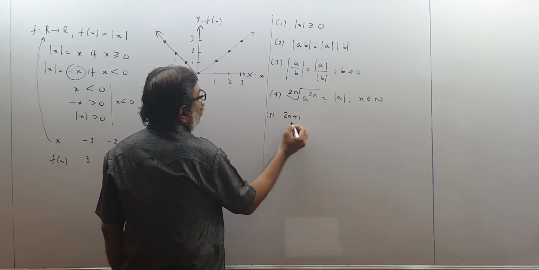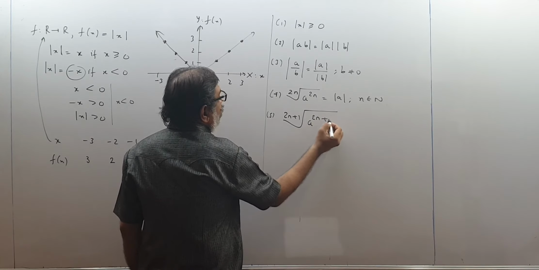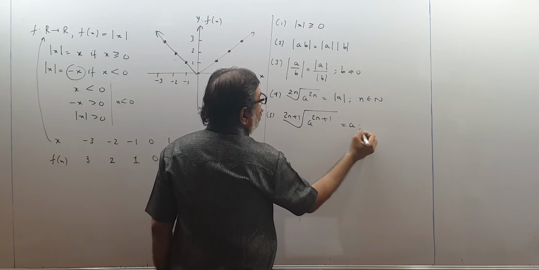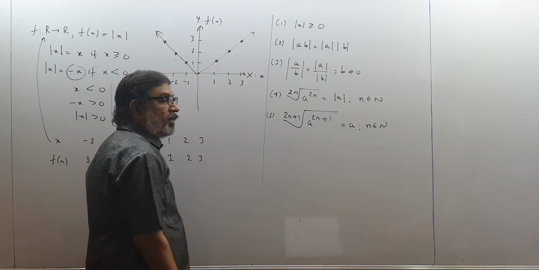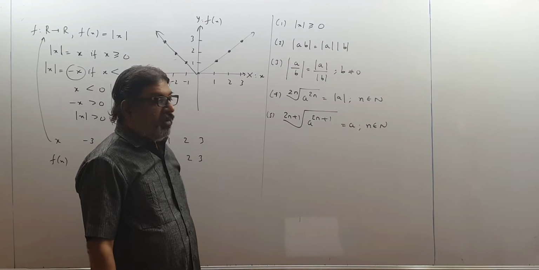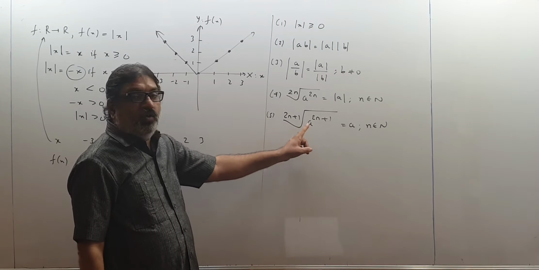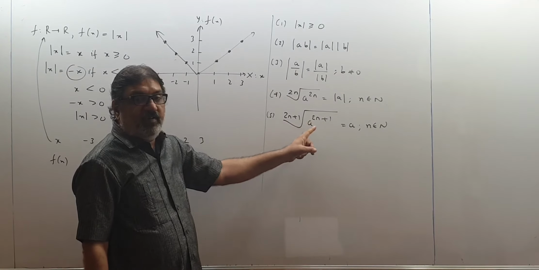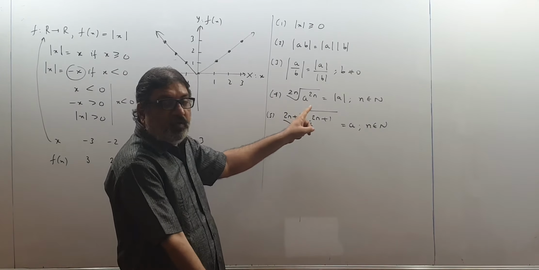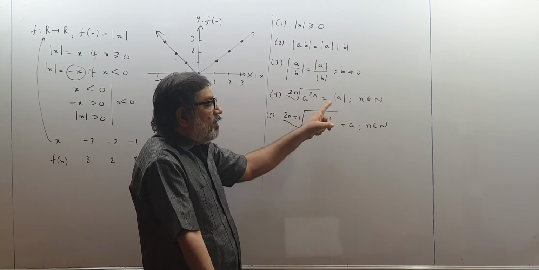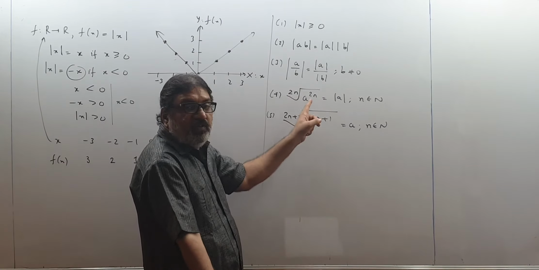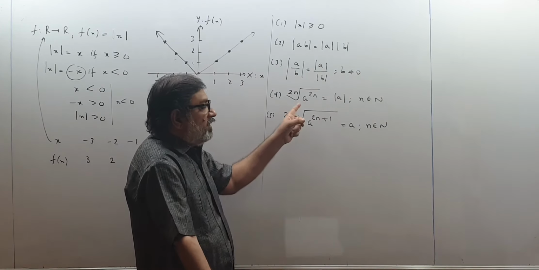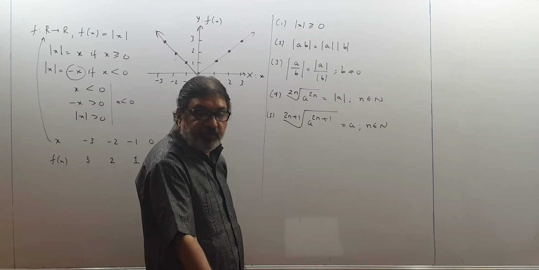The (2n+1)-th root of A to the power 2n+1, meaning A raised to some odd power and then the same root of that, will be A, where n belongs to N. Please understand these two properties nicely. This will mean the cube root of A cube will be A, the 5th root of A to the 5 will be A, the 7th root of A to the 7 will be A. Here the square root of A squared will be mod A, the 4th root of A to the 4 will be mod A, the 6th root of A to the 6 will be mod A, the 8th root of A to the 8 will be mod A. So when the power is even, it is mod. If it is odd, it remains A.